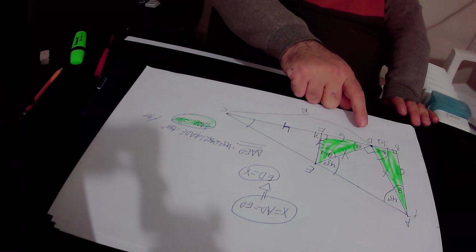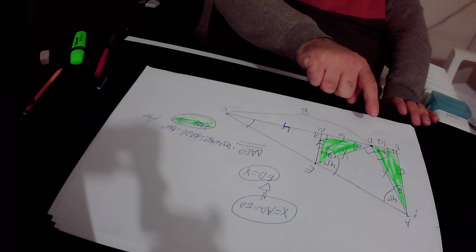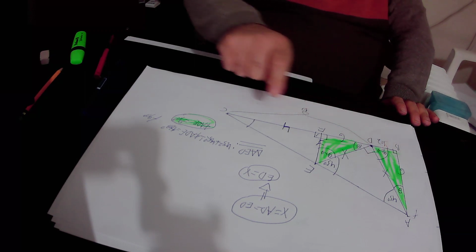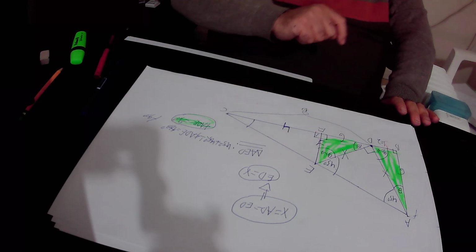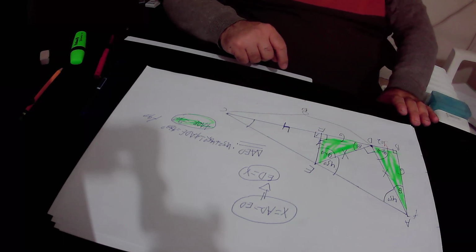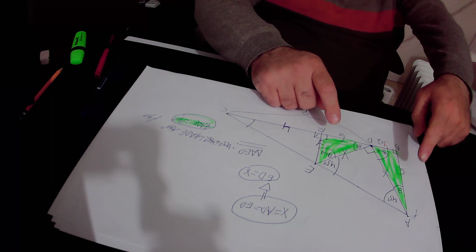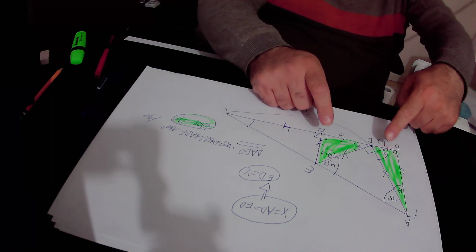From point D, we drew a straight line on AC in such a way that angle AEC will be equal to 45 degrees. So in triangle ADE, we have